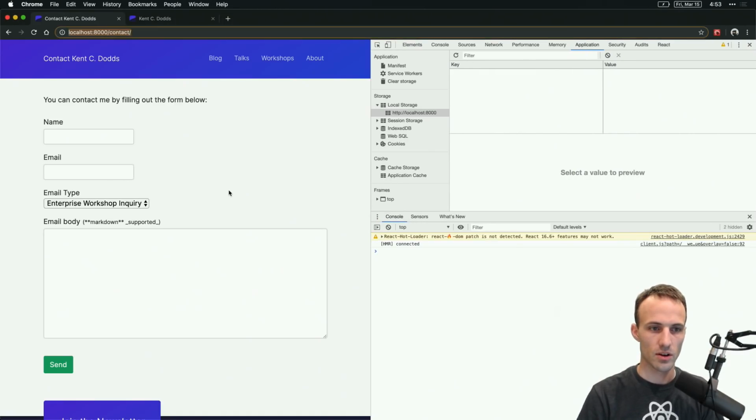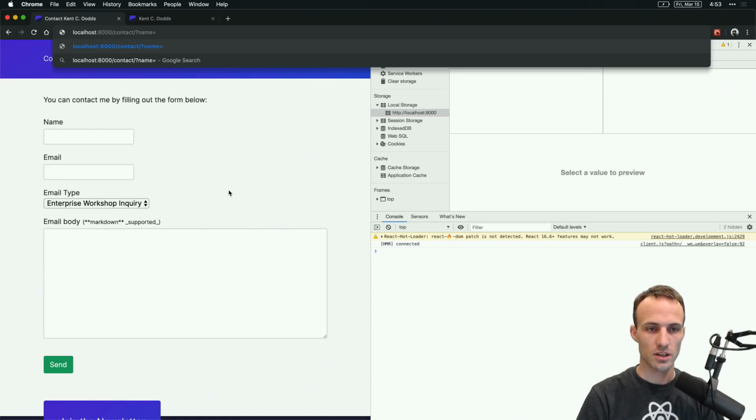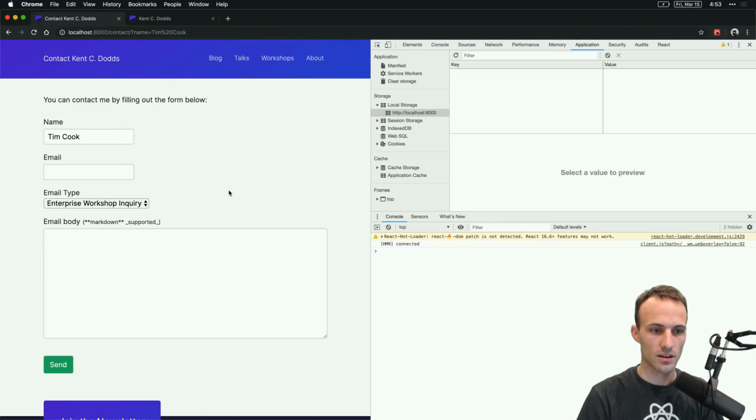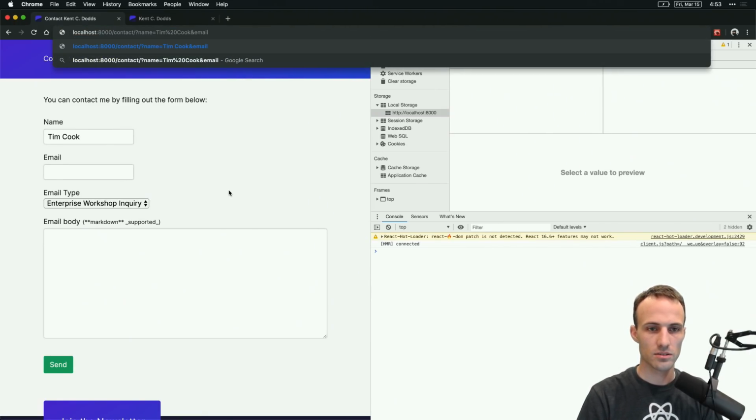Once it refreshes, there we go. We're going to say name equals Tim Cook. There it is. Nice. And email equals